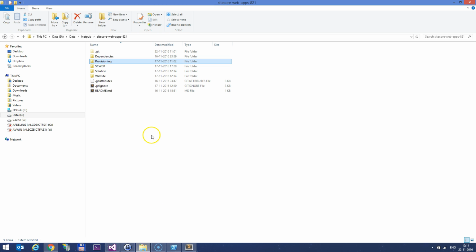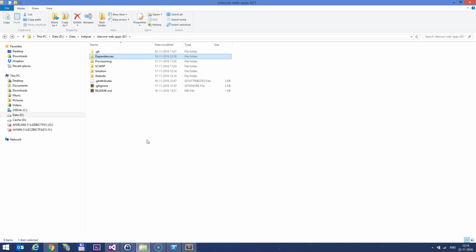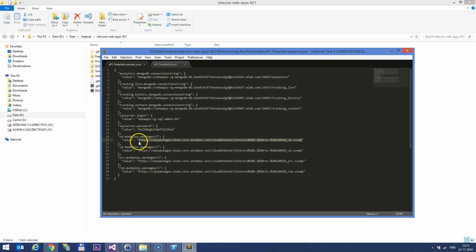What I did is I arranged my solution folder like this. Over here we have the dependencies that I'm using to reference them from my solution. We have the provisioning script, which I've used to provision this initially, and I'm also storing this in my Git repository. And then what I've done is I've downloaded this content management package of Sitecore, which is a